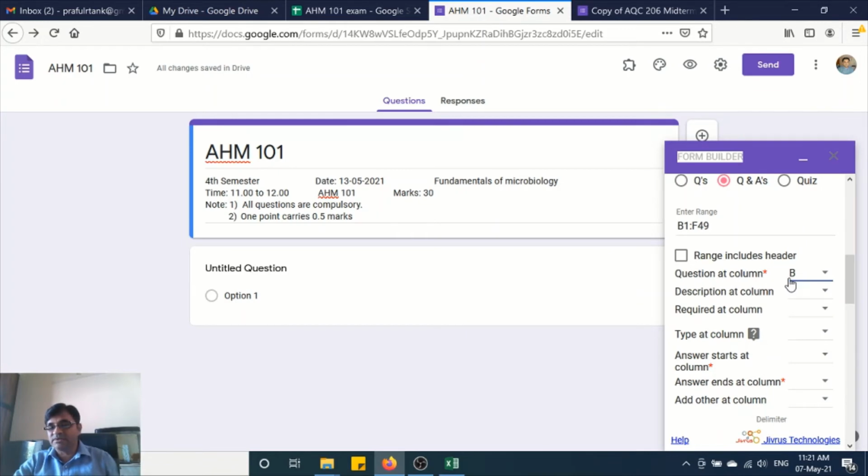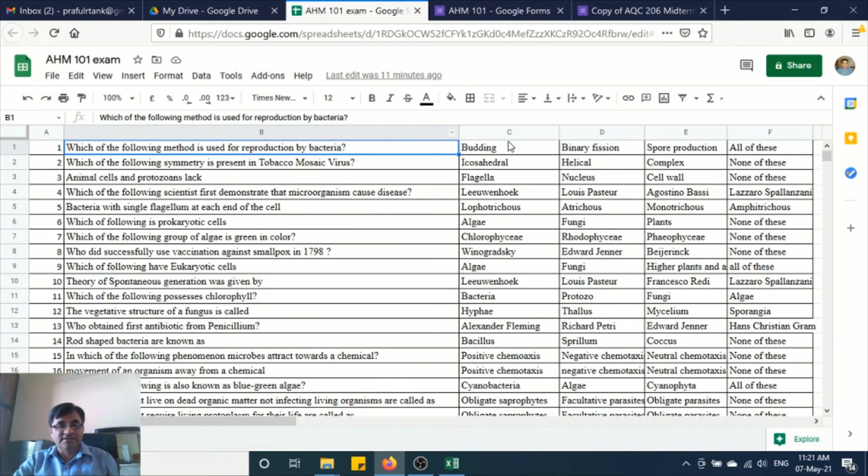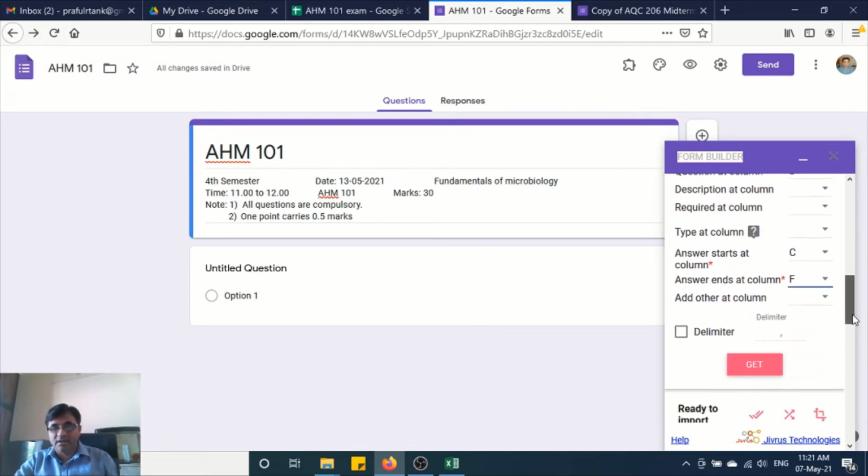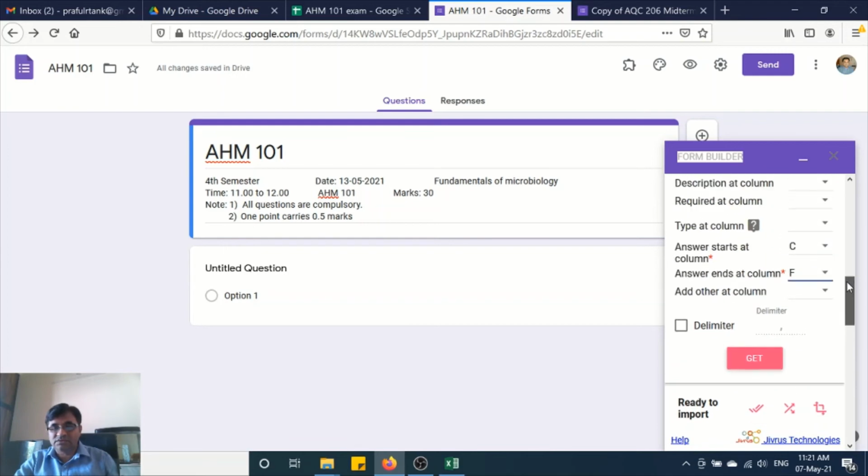So question column is at B, and answer column starts from C. Here you can see it starts from C, then D, E, and ends at column F. So here you can select the column F, means our questions are in the column B, our answers will start from column C, and it will end at the column F. Now you just click the get option.